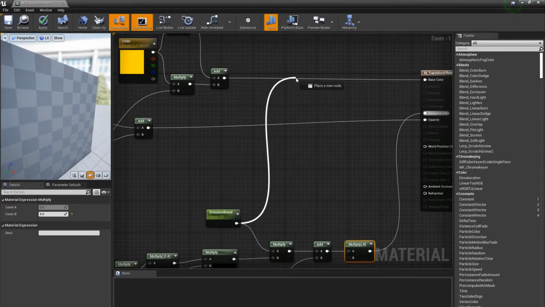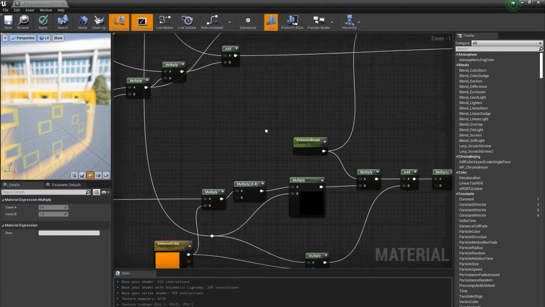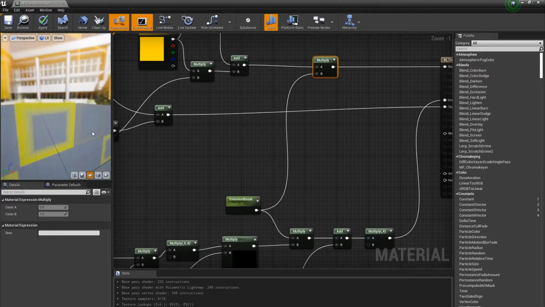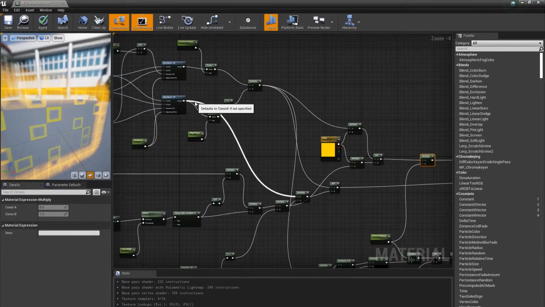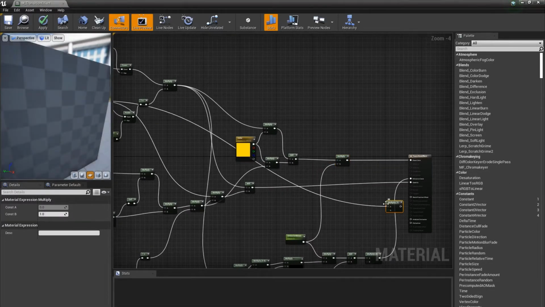And I also want to multiply this thing with the base color to give it a slight boost to the base color also. Yeah, so it looks a lot better now. Now there's one more thing I would like to do. I would take this thing here and